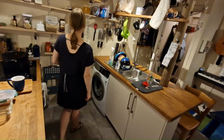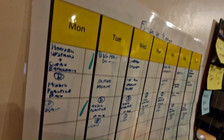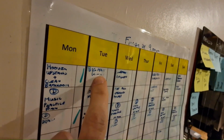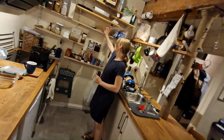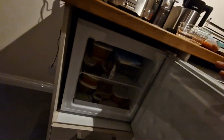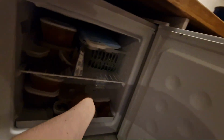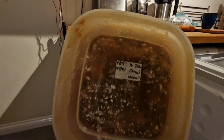I want to tell you about the way that we cook meals, although it's not really a space-saving thing. Every week we do a bulk batch cooking of different meals. We cycle between about 5 different meals. We put them all in these pots, these exact pots, and then they will stack in the freezer. And then when we want to know what's for dinner, we just open the freezer, get out a pot, and then cook it with